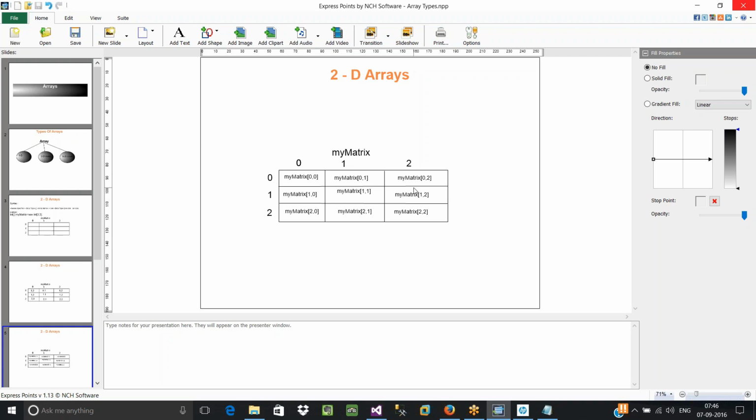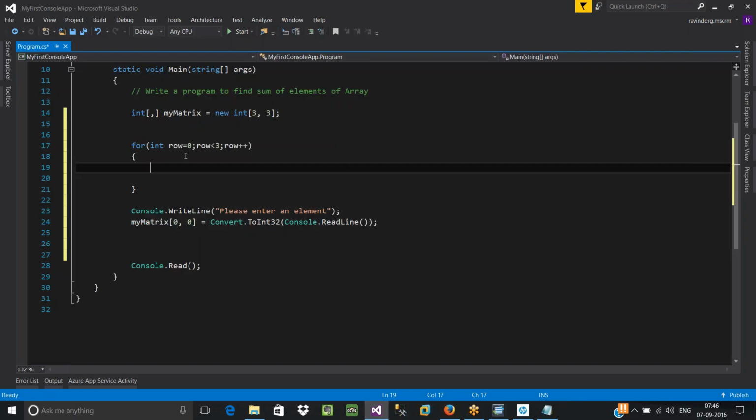So again, in order to read and write, I don't want to repeat that same coding again and again. I want to write it only once. Yet to navigate between the rows, we have written a loop that is going to start from 0. It will be repeated up to 3 times. Every time it will be incremented with 1. So once the compiler comes to your loop, the row is going to start from 0. Your row is equal to 0 means we are at the first row.